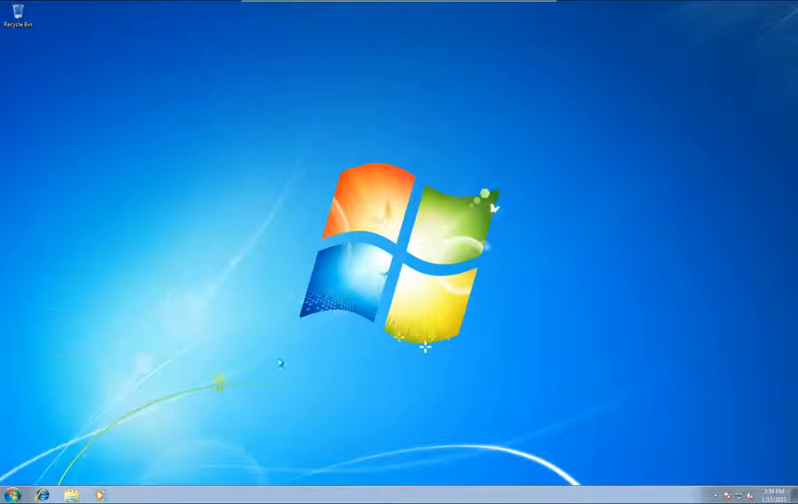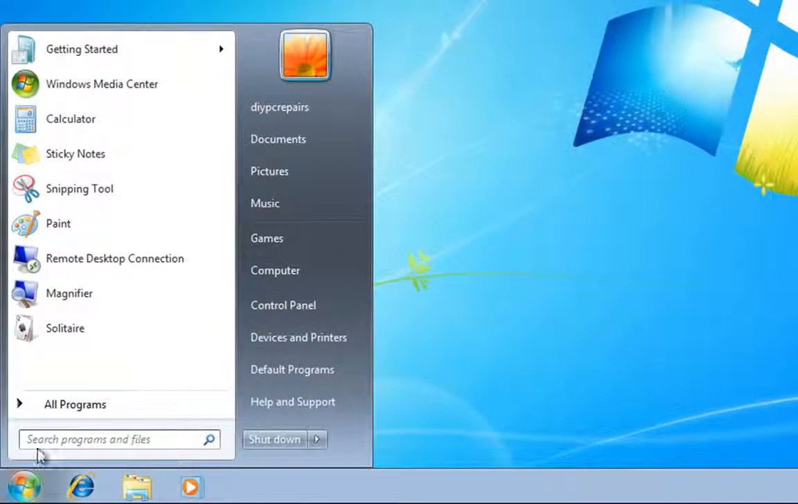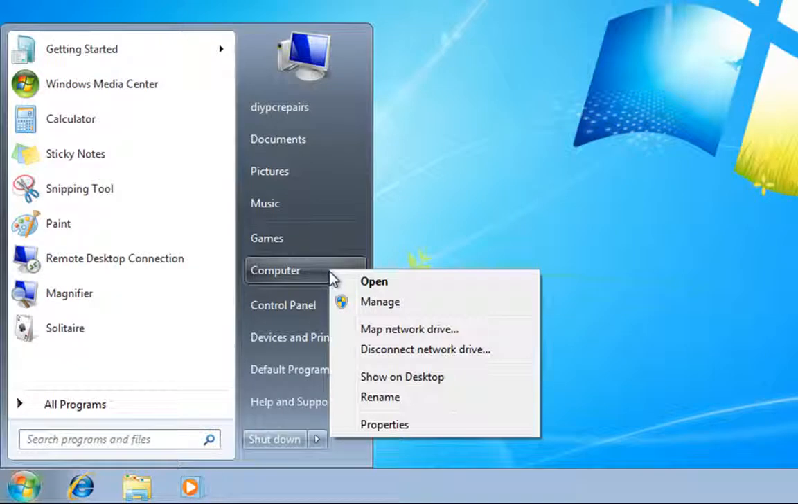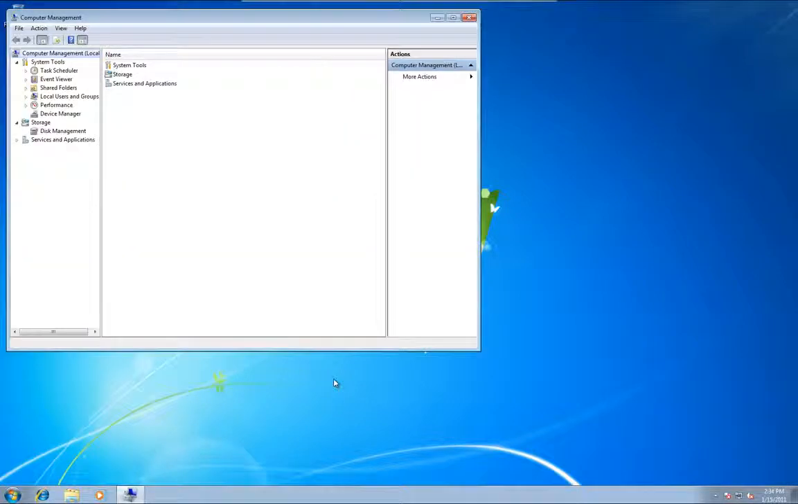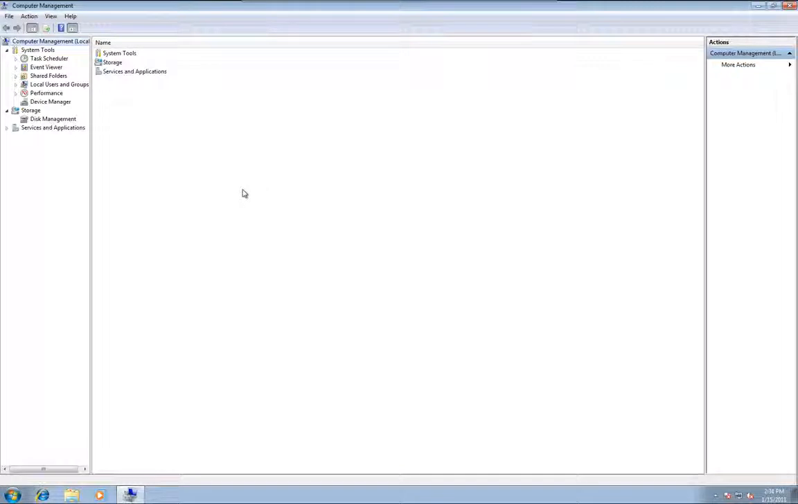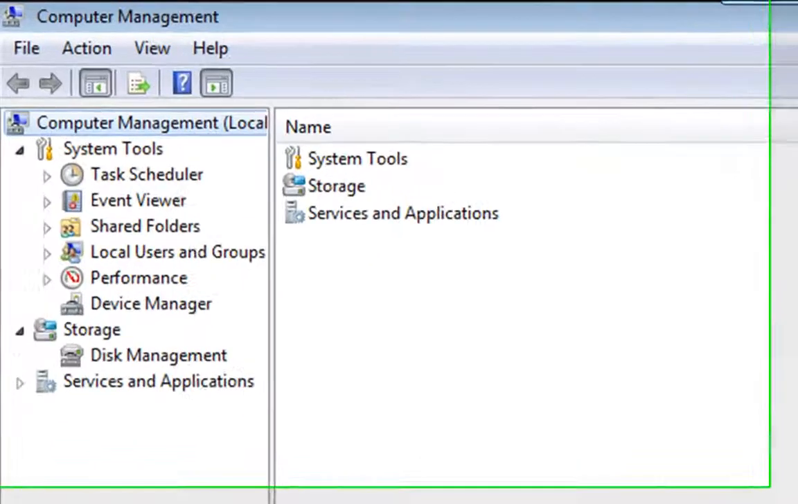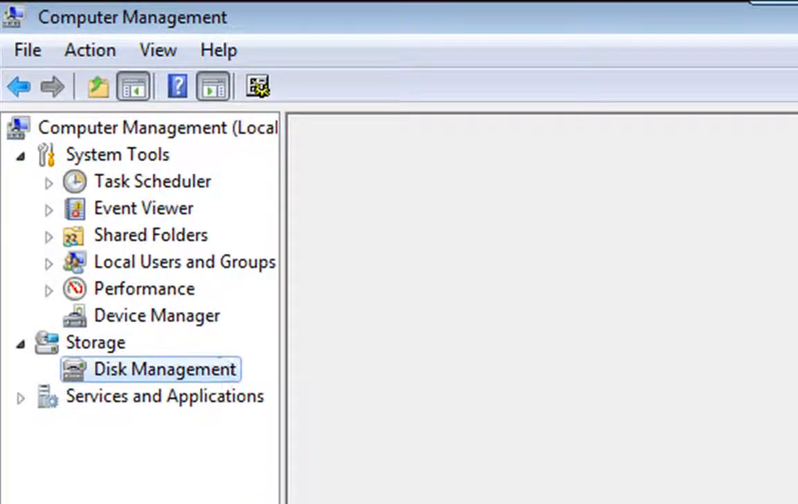So what we're going to do is, if we go down to Start, and then right click on Computer and go to Manage, okay, what that'll do is open up the Computer Management window, and on there you'll see Disk Management. So if we double left click that,